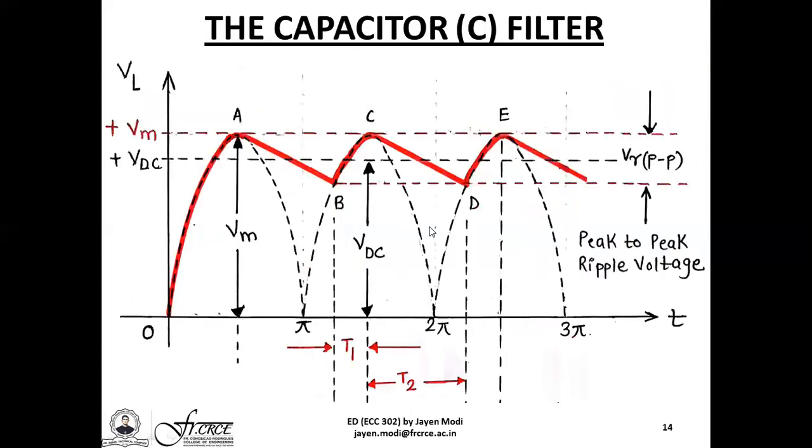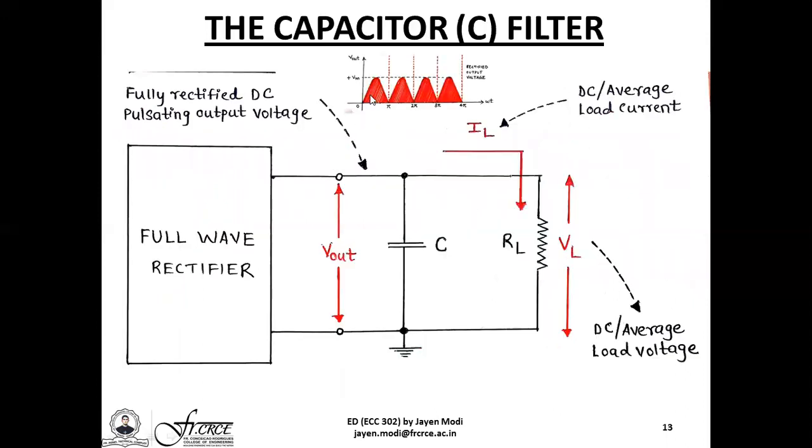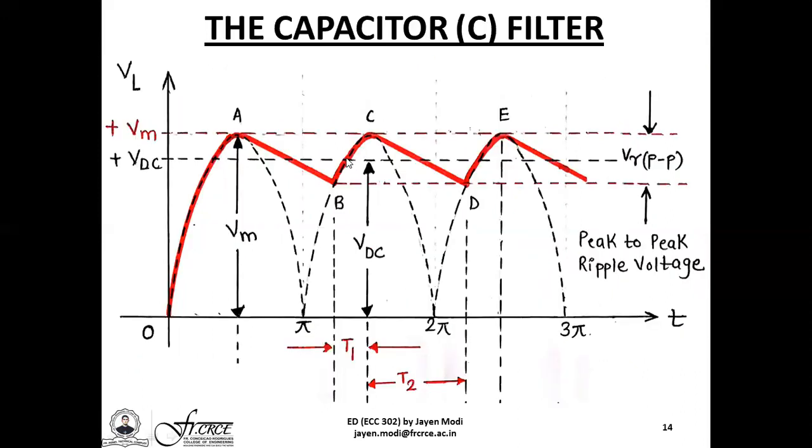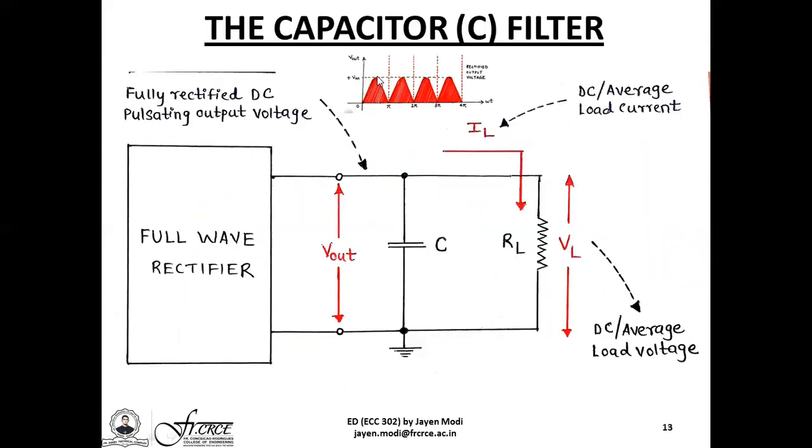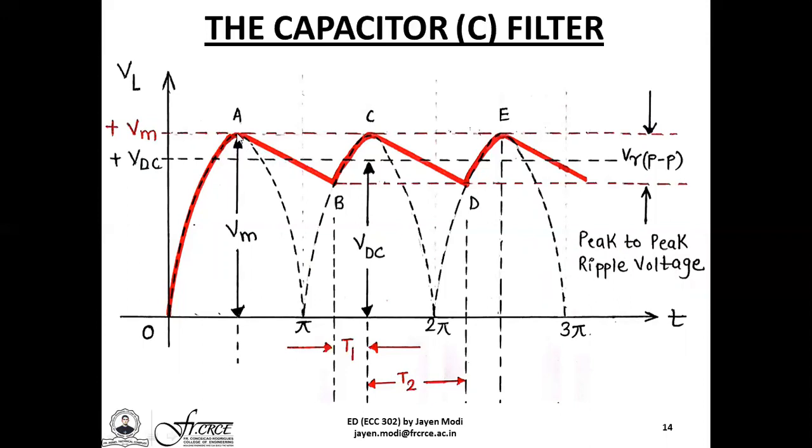So what you see is, when the load voltage is plotted as a function of time, you have these black dotted lines, which are nothing but the rectified output voltage. The peak value is Vm and the average or the DC value is simply given by the value VDC. When the first positive half cycle arrives, between the intervals from 0 to pi by 2, the capacitor voltage charges right up till the value Vm. However, as the voltage decreases, the capacitor will now start to discharge through the load RL, and this discharge path is shown by this falling line.